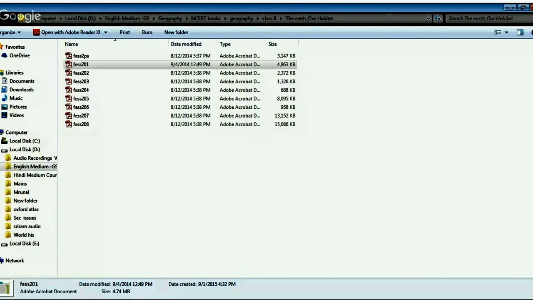Its diameter is around one quarter that of Earth. It appears so big because it is very near to our planet. See, the distance between Sun and Earth is around 150 million kilometers, but the distance between Earth and Moon is around only 3.8 lakh kilometers. So that is why it appears very big.